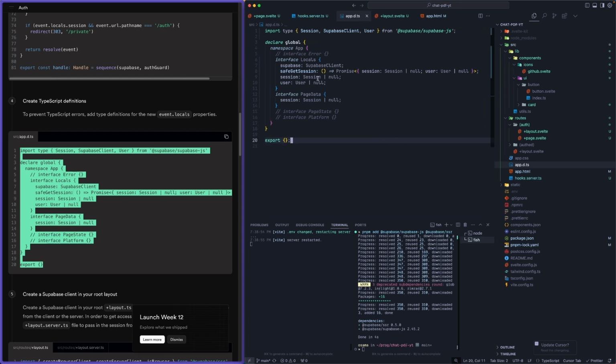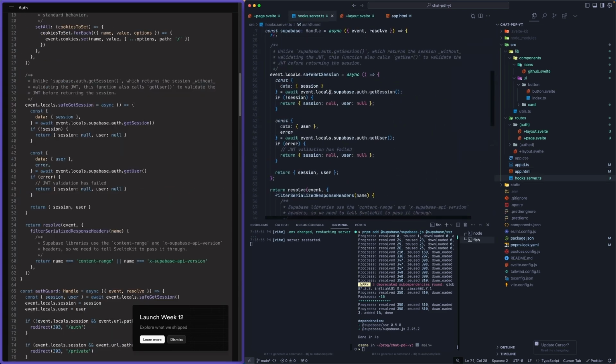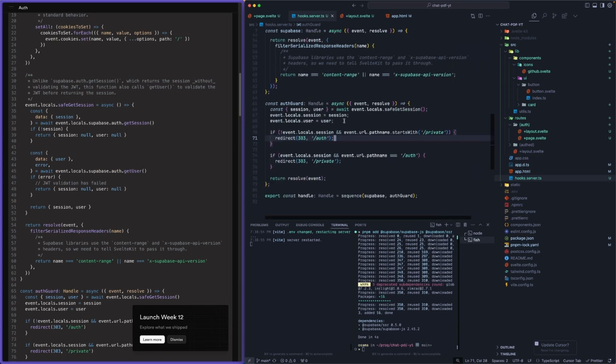app.d.ts. What this helps with is that now SvelteKit knows that there's a hook that returns a locals object which contains all of these entities, which is the Supabase client, a method to get the session, the current session, and the current user. We need to make a slight adjustment to the handle that we just copied from Supabase, and